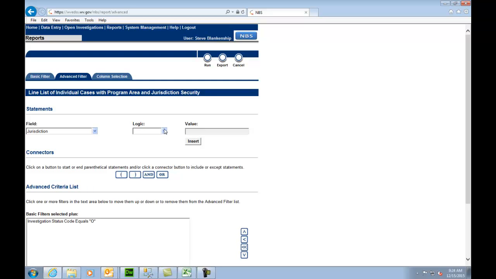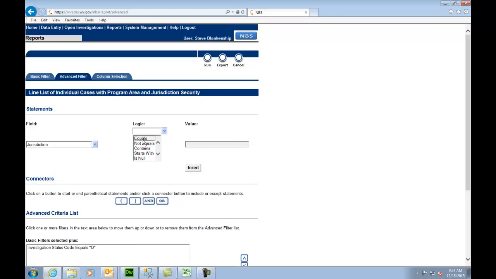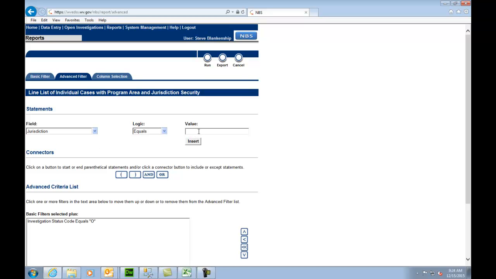Again, in the logic, click Equals, and then you will type in your county name followed by comma WV with no spaces in the name. So here in the example we've done Kanawha, comma WV, and we've inserted that into the filter field. Now we need to join those two filters by clicking the AND button. You see the AND appears. You need to select that and move it up by clicking the up arrow, so that it is in between